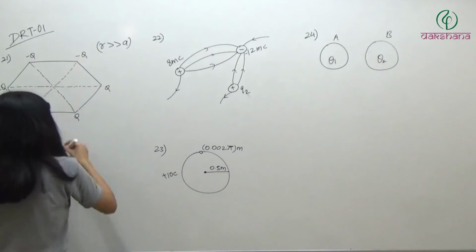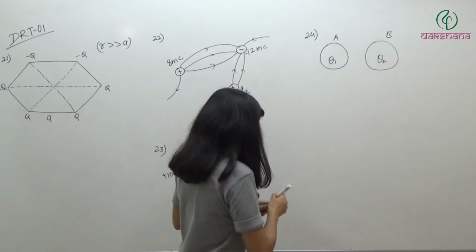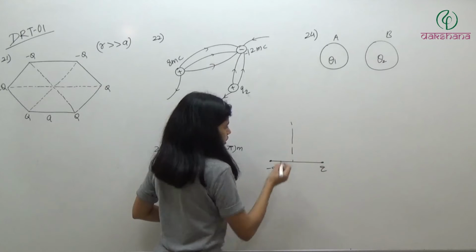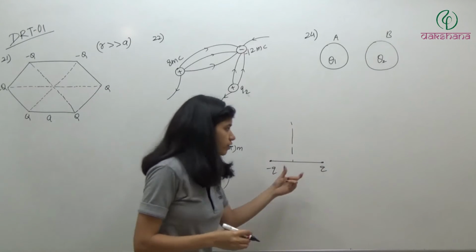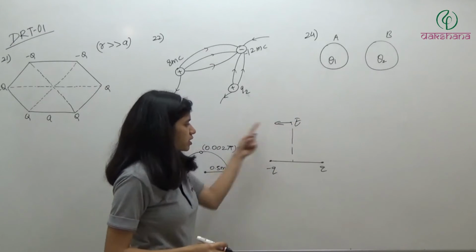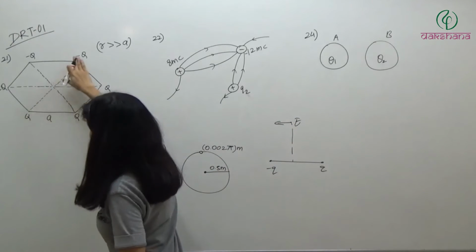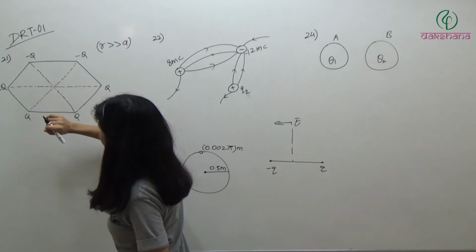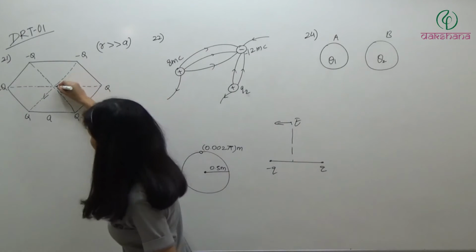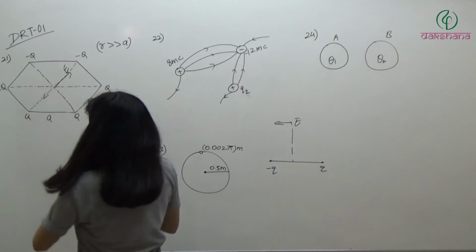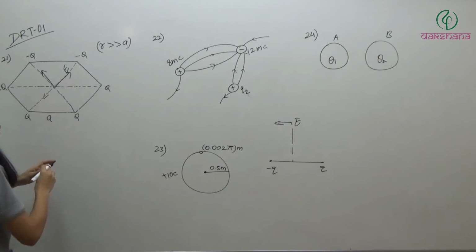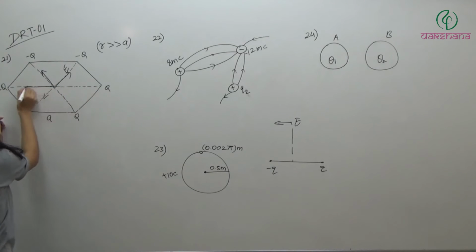Now at the equatorial position, if this is one charge and this is another charge, minus Q, what will be the direction of the field because of this dipole? It will be in this direction. Let's say it is E. The direction of the dipole moment is from minus to plus, so E will be in this direction. For this pair, the dipole moment has this direction, so E will be in this direction. For the third, the dipole moment is in this direction, so E will be in this direction.